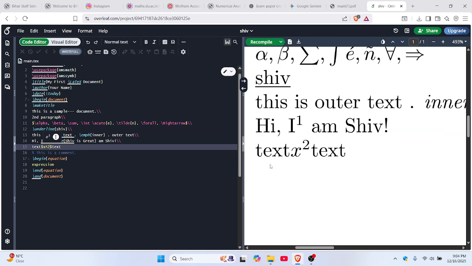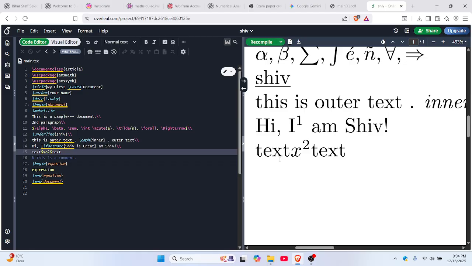See, it is text. This x square is a little bit different, and then text. See here, this is also an x, and this is also an x. Both are different because this is normal text, and this is math mode. Okay,